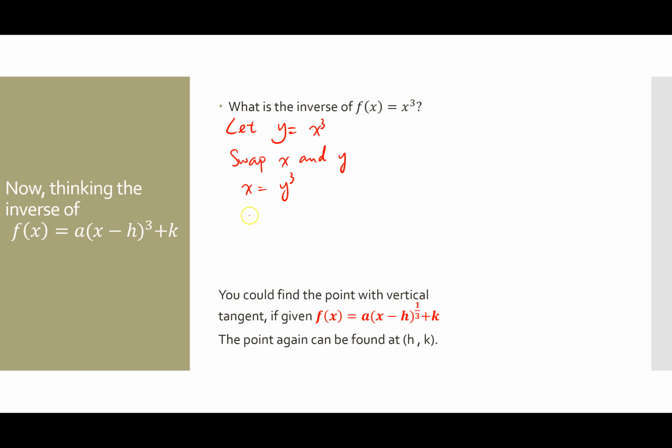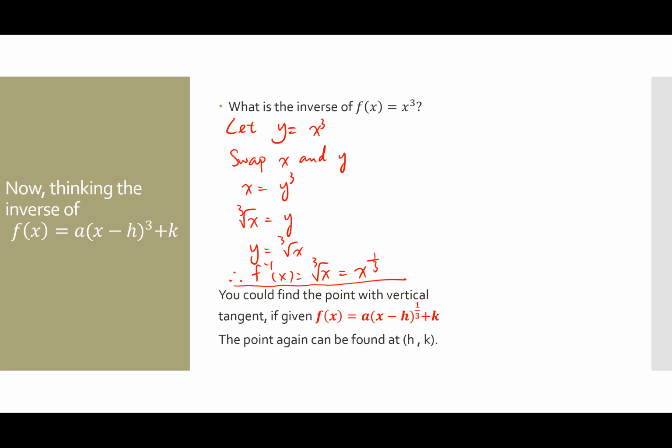You will have y is equal to the cube root of x, or you can write that the other way around. Okay, so therefore the inverse is going to be cube root x, or you can write this in index form, which is x to the power of 1/3. And then you will see the domain and the range also swap with each other for the cubic function and its inverse. And then you could find the point of the vertical tangent of this